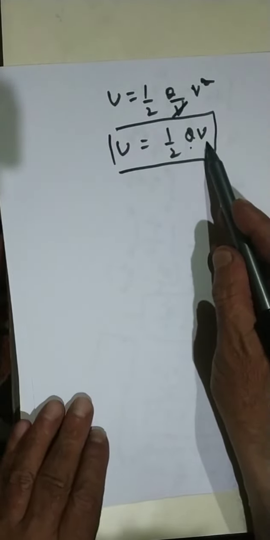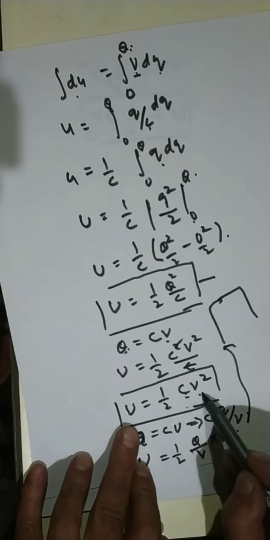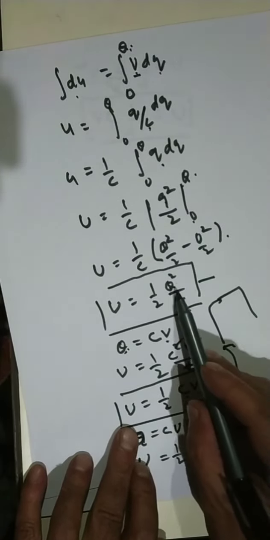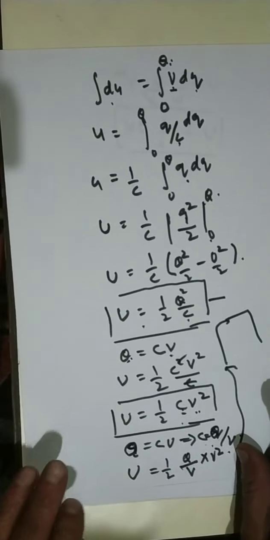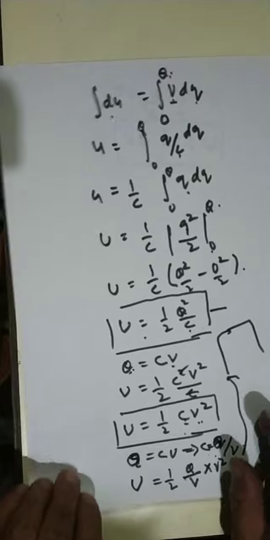तो एक Q V के साथ रिलेट करती है, दूसरी C V के साथ, और तीसरी Q और C के साथ. These are three relations which give the energy stored in the capacitor. Okay. If we plot the graph between